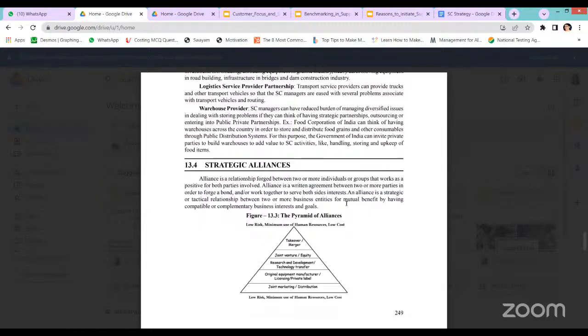Yes, for mutual benefit, they work together. Generally, they have complementary business interests or goals, businesses which are complementary to each other. Say, for example,